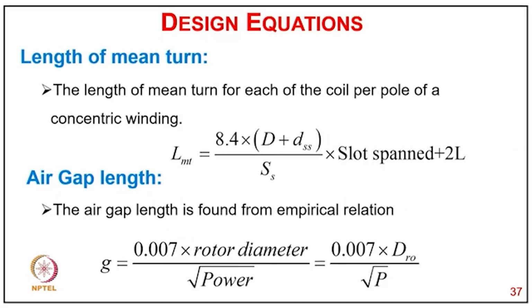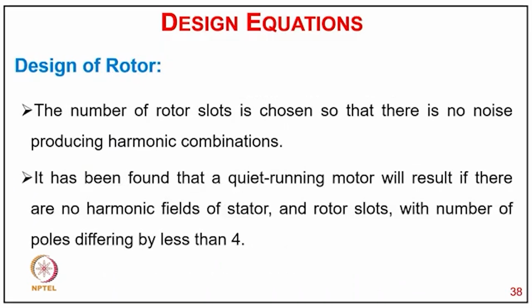Now coming to the mean turn length, the length of the mean turn for each coil per pole of the concentrated winding is LMT equal to 8.4 in brackets, pi (D plus DSS) divided by SS into slot span, plus 2L. The air gap length is found empirically, G equal to 0.007 into the rotor diameter under root of the power rating, that is 0.007 into DRO divided by under root P, where P is the power. Now coming to the design of the rotor,